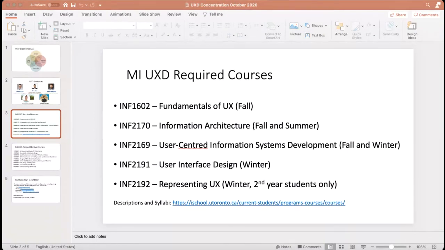In fact, I would say that of all the fields in our master's degree, UX, data science, and ISD are fields that already had a certain percentage of their workers working online. I have students who graduated 2, 3, 4 years ago from the concentration who work for a major bank, or major banks, and they work online. They were given a choice when they started their job: do you want to be a work from home person or an office type person? They decided to work from home all the time. They don't have any office.